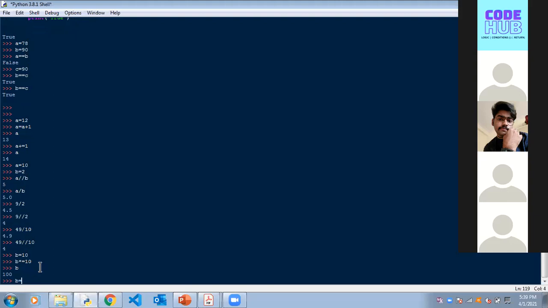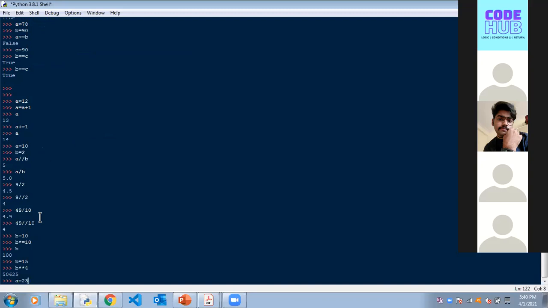See, I'll tell you that also, because B is equal to 10, as we mentioned. We'll take a different number, 15. Now B double star 4. This is 15 power 4. When you're using two multiplication symbols, it is basically 15 power 4. So these were arithmetic assignment operators. And relational operators are easy.